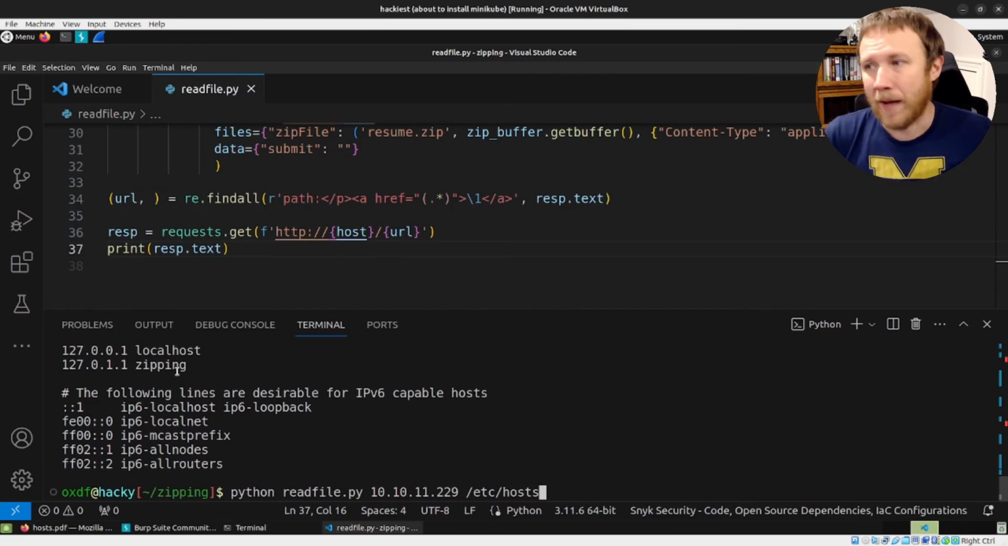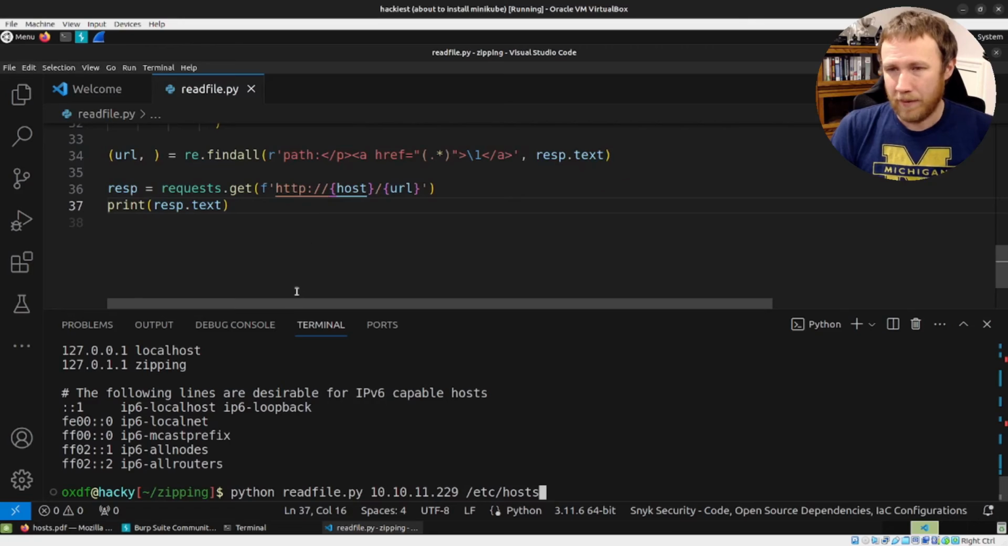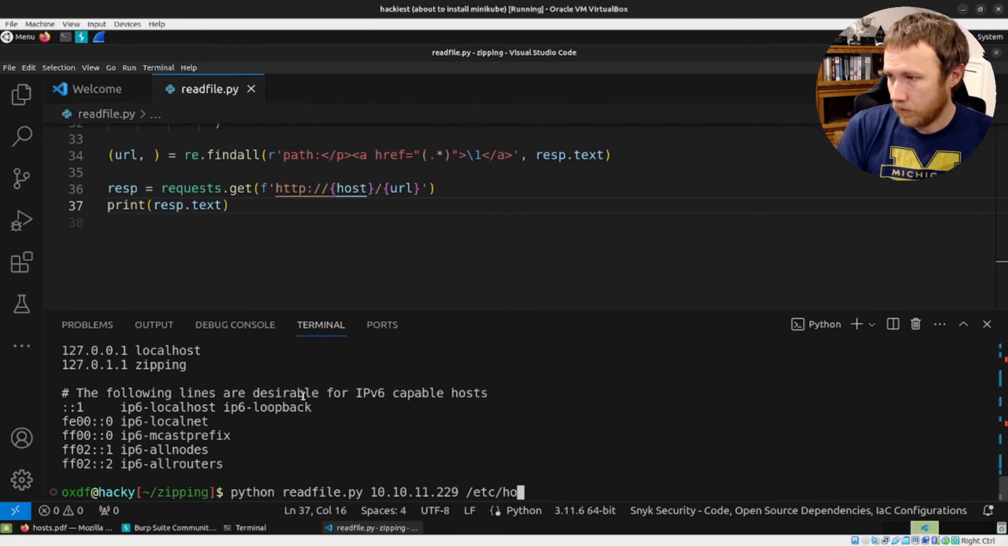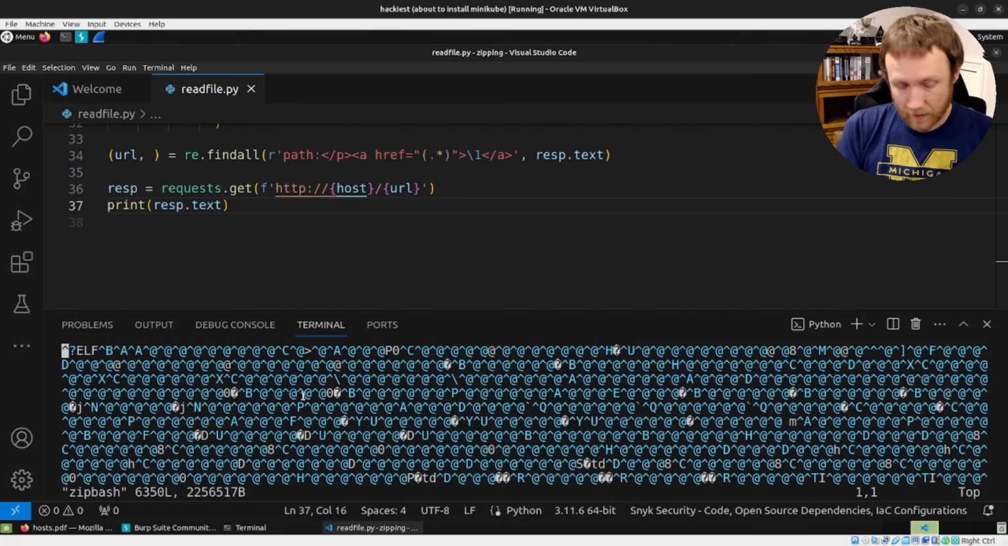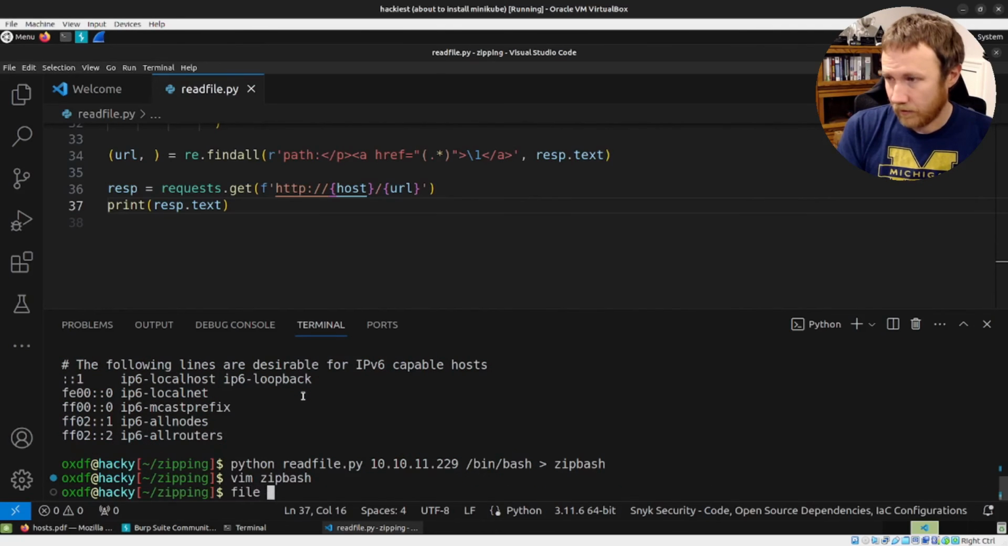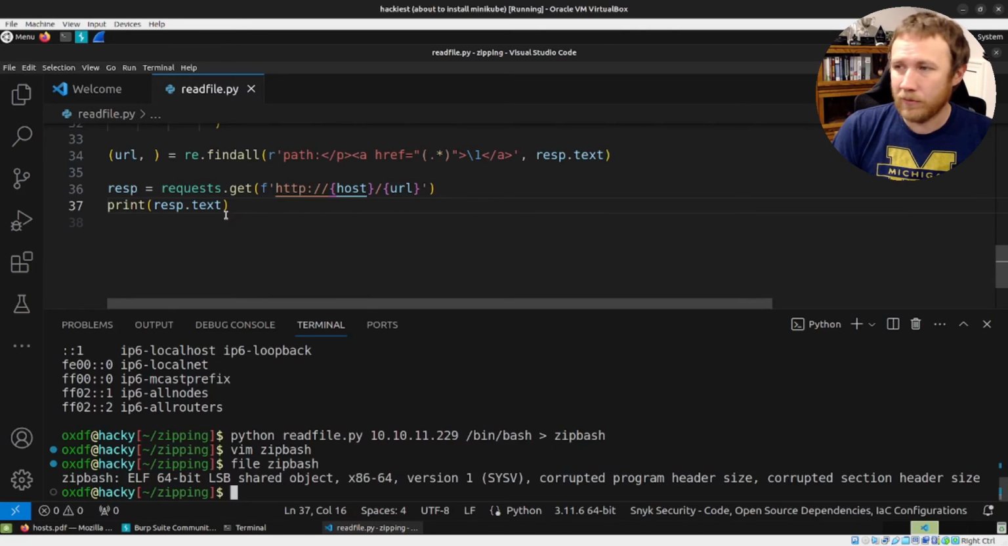So we are reading files. Now, what happens if we try to read a binary file? So we're going to make this a little bit slicker because I want to be able to read like bin bash, right? So if I do bin bash, save as zip bash like this, guessing it's not gonna like that, I don't think. Let's see, vim zip bash. No, it's an ELF. Let's try it. File zip bash. It's got corrupted program header size,